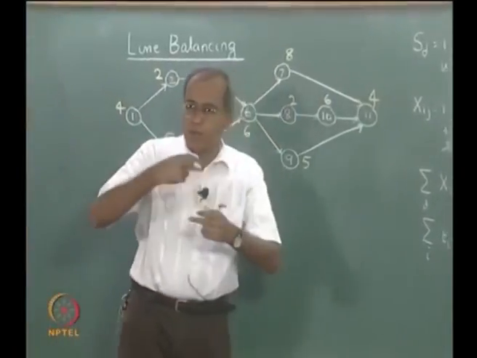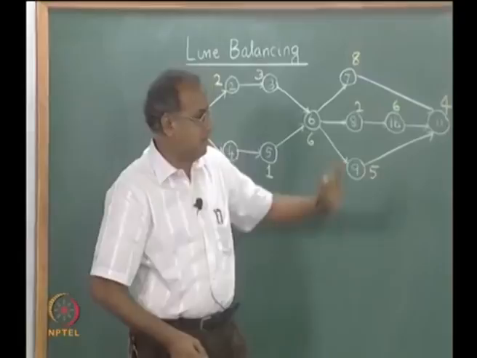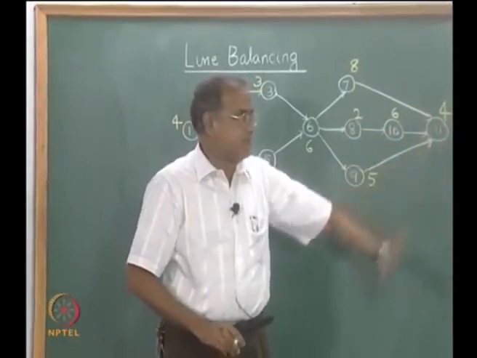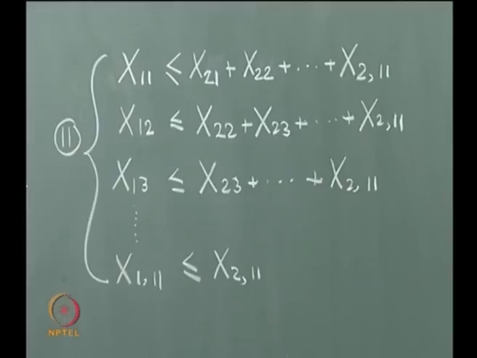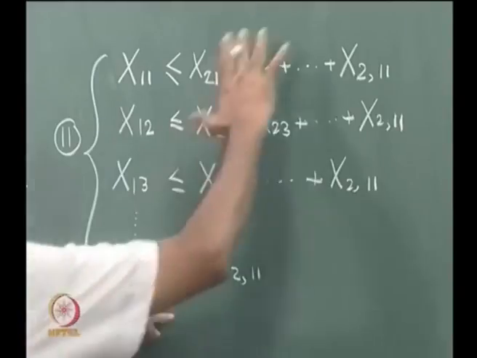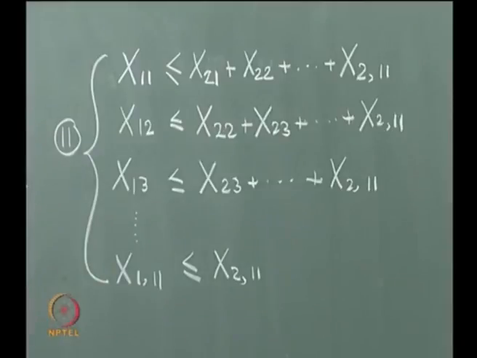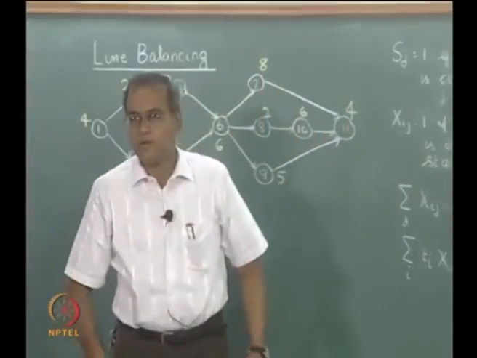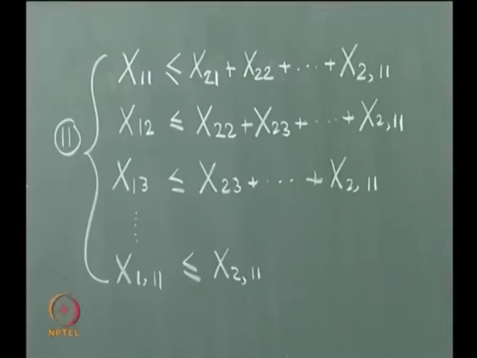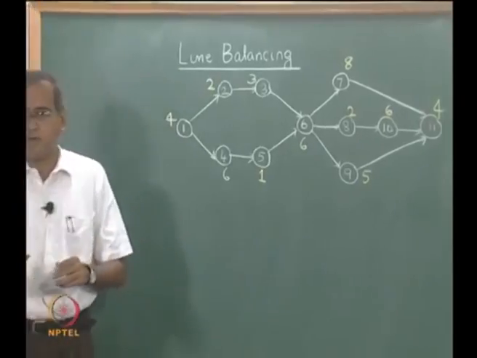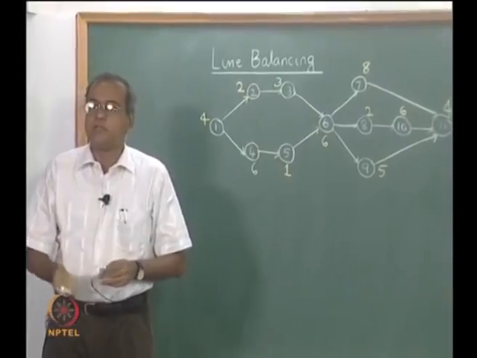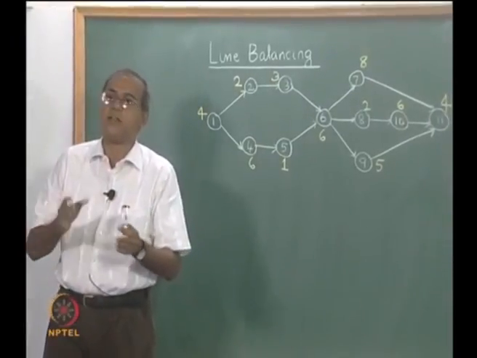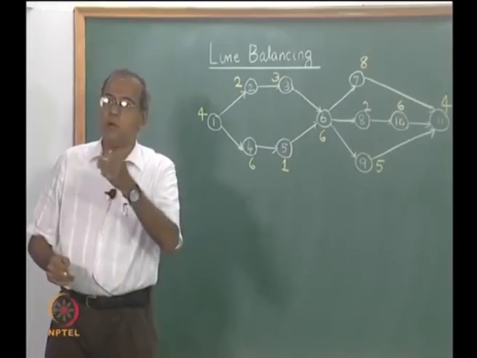Now there are actually better ways of writing the precedence relationships, but we are not going to emphasize that. The purpose here is only to show how the formulation looks. There are slightly more efficient ways of reducing these 143 constraints into a lesser number of constraints which capture the same thing. But what we have shown here is the rationale behind the precedence constraints, where if there is a relationship between 1 and 2, the workstation to which activity 2 is assigned should be a higher numbered workstation, or equal to, the workstation to which 1 is assigned.